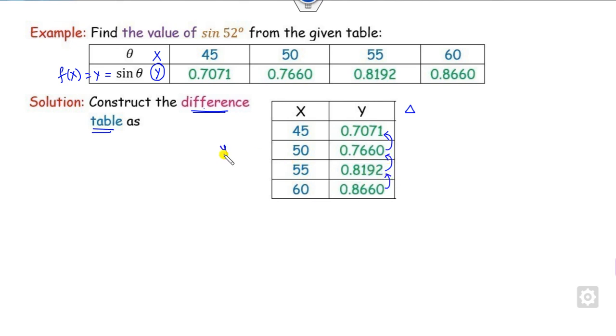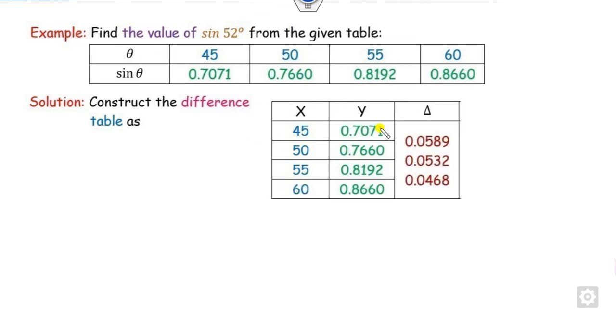If I call these y1, y2, y3, y4, then I first calculate y2 minus y1, then y3 minus y2, then y4 minus y3. Also you can see the difference between the x values is the same, that is the equal intervals. So you calculate this minus this and so on.